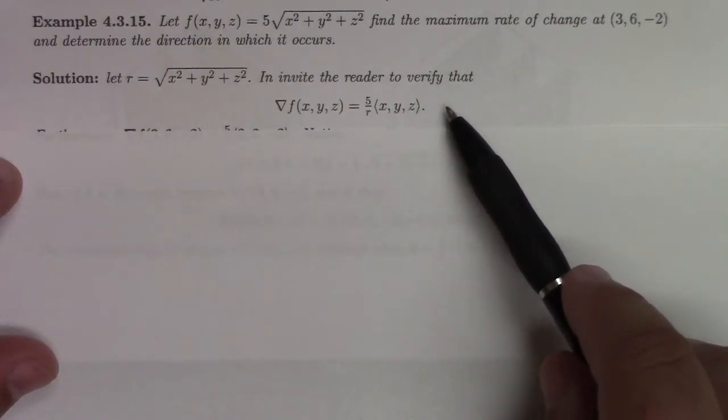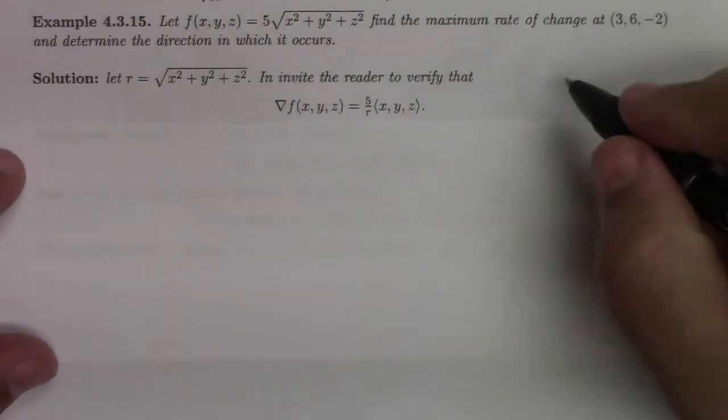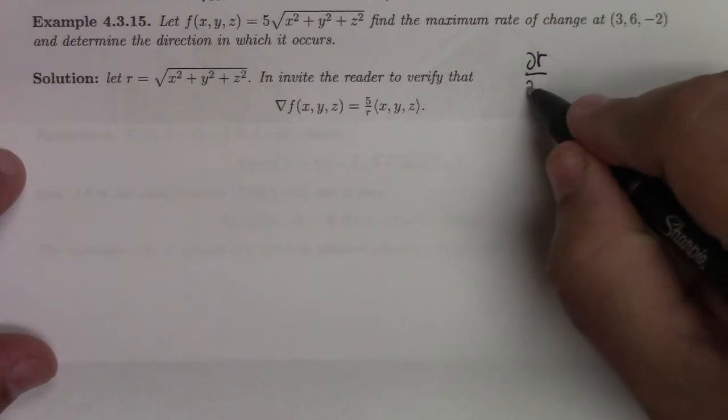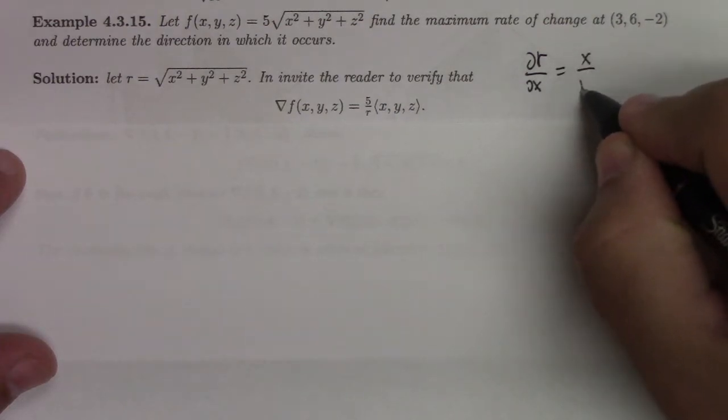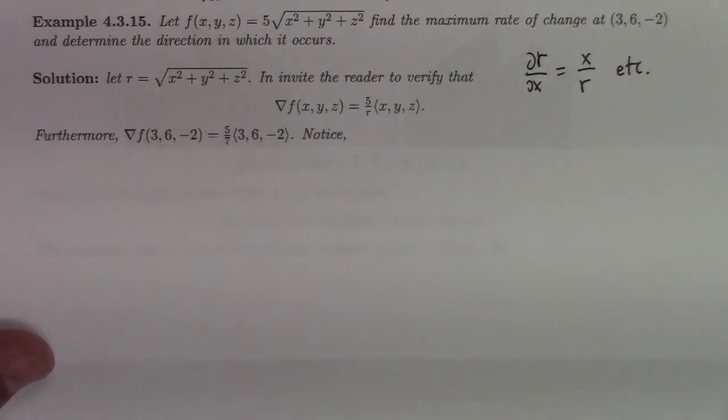In fact, that's a consequence of differentiation we did earlier, because we already proved partial of r with respect to x is x over r and so forth. So I'm just saying you can check that's true again. Then plug in (3, 6, -2), and we get 5 sevenths,